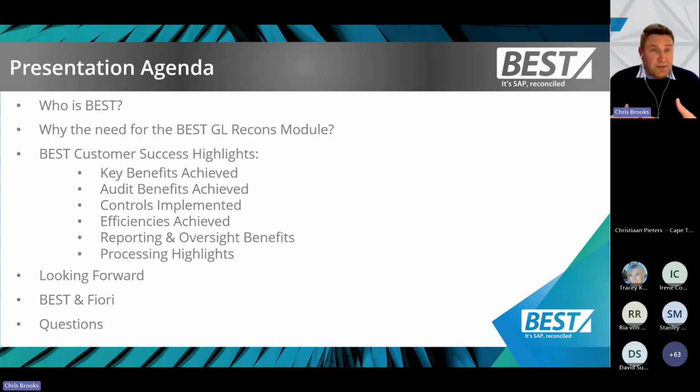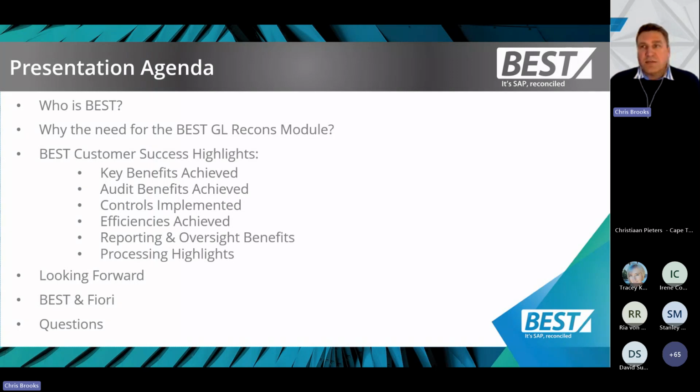We also managed to achieve a number of different efficiencies, as well as some key reporting and oversight benefits that we managed to introduce. And then I'll take you through some of the processing highlights so that you can get an idea of the volumes and the percentage of automatic approvals being completed across different customers.